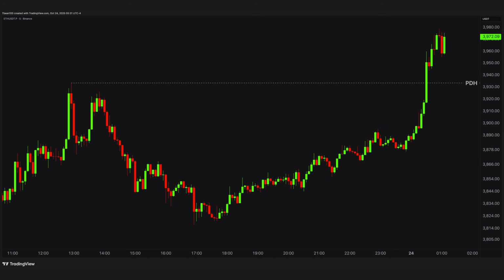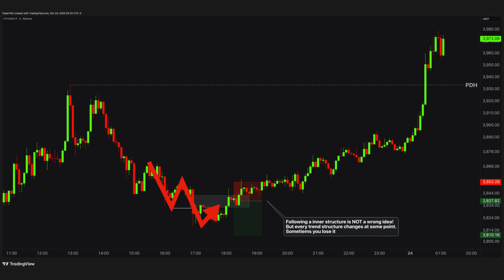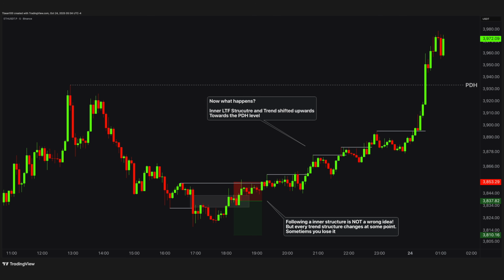Now let's take a look at the Ethereum chart, which actually looks pretty similar to Bitcoin. The trend was quite bearish at one point, constantly making lower lows. So taking a short trade during that time wasn't a bad idea at all. It was actually a pretty solid setup. But then, at some point, the internal structure shifts. The price starts pushing higher and higher, making new higher highs over and over again,